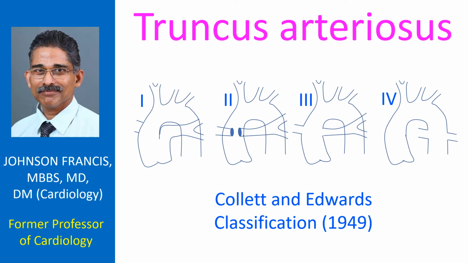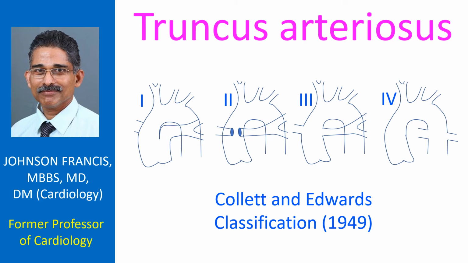The origins of the pulmonary arteries from the truncus may be stenotic and thereby restrict the pulmonary blood flow. Sometimes one pulmonary artery may be absent. Right aortic arch is more common with truncus arteriosus. Absent pulmonary artery is on the same side as the arch in truncus, while it is on the opposite side in tetralogy of Fallot. If the origins of the pulmonary arteries are not stenotic, the babies with truncus arteriosus develop